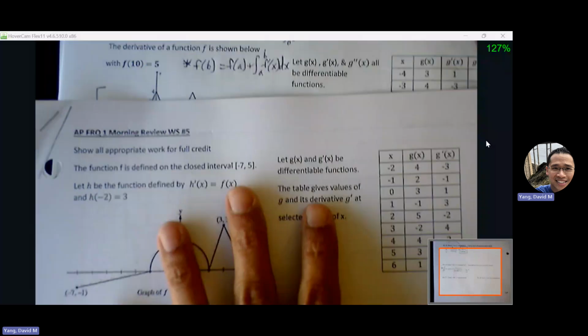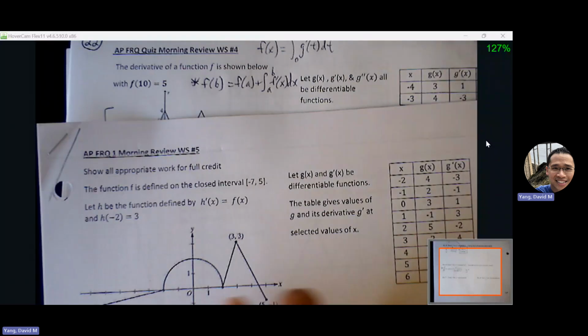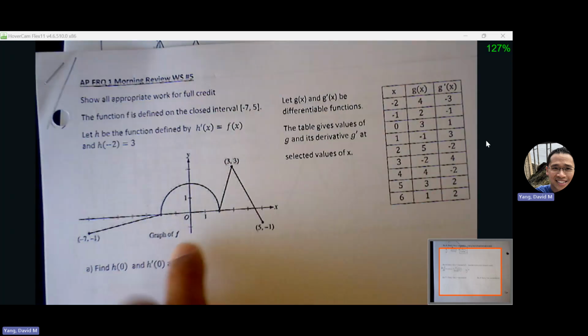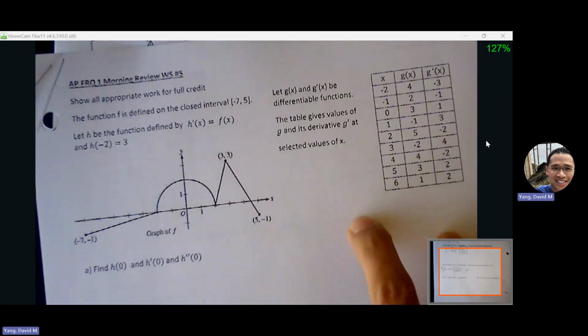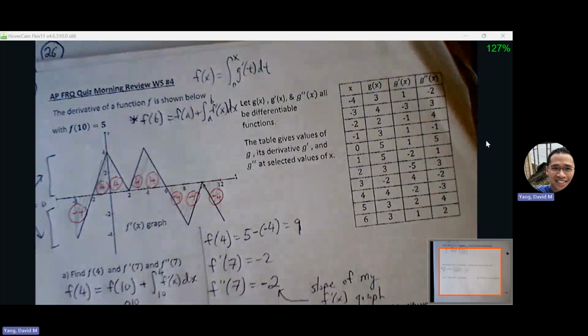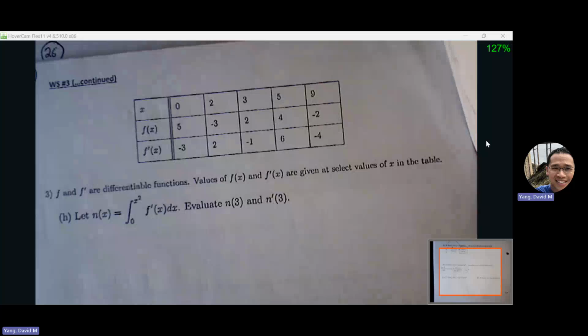Your test tomorrow will basically be a problem like this, where the stem is going to be some derivative graph with a table of values. If you look at the previous packet, any of the problems that look like that, make sure you review those. So I would say page 22 through